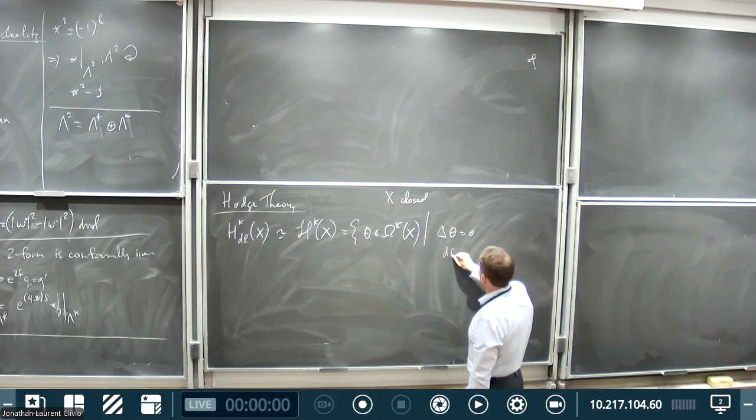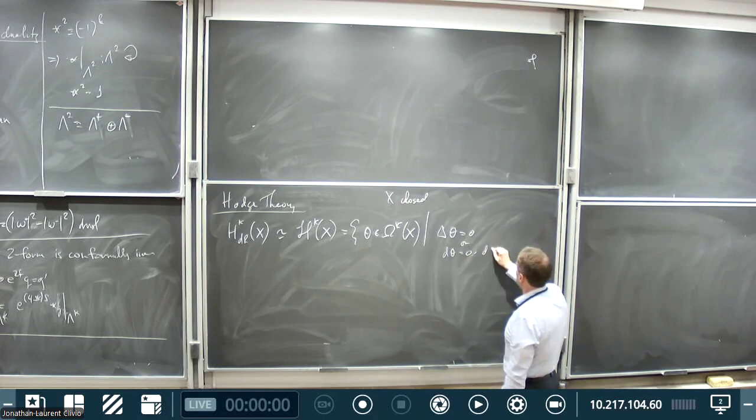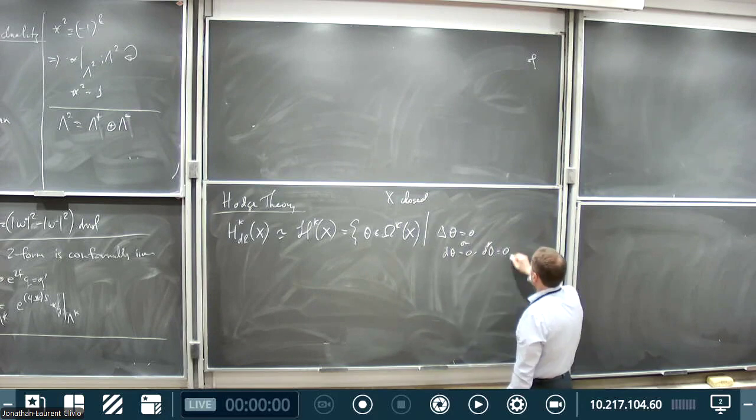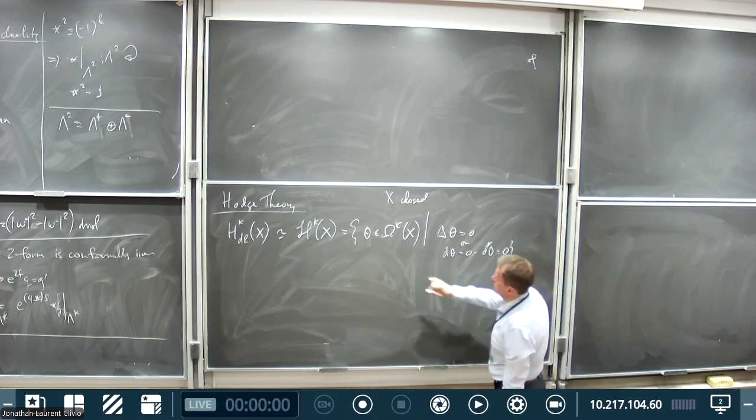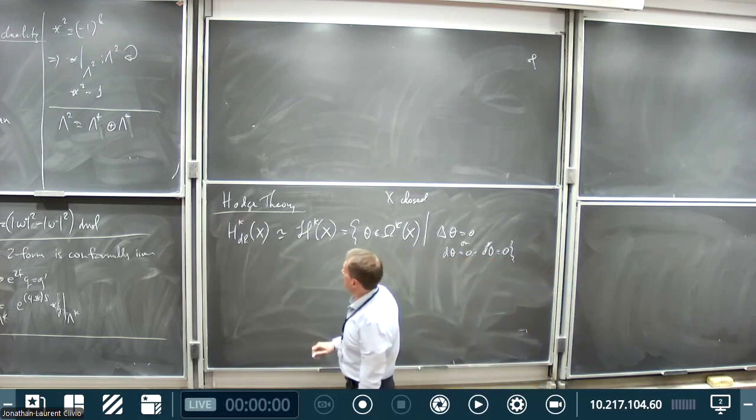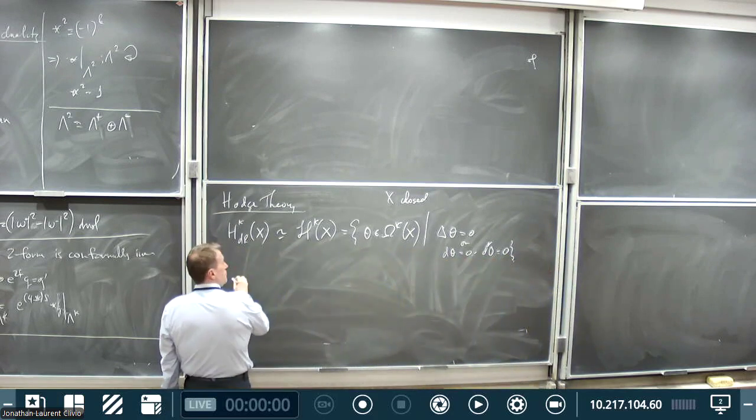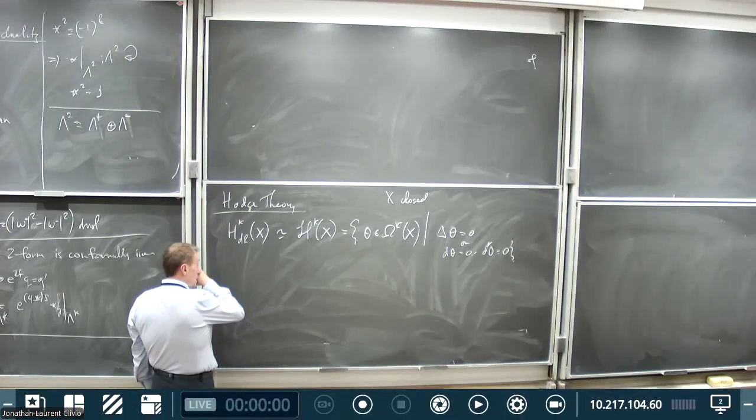That's the same as saying that the derivative is 0 and the adjoint of the exterior derivative is 0. It's isomorphic, but under this isomorphism,